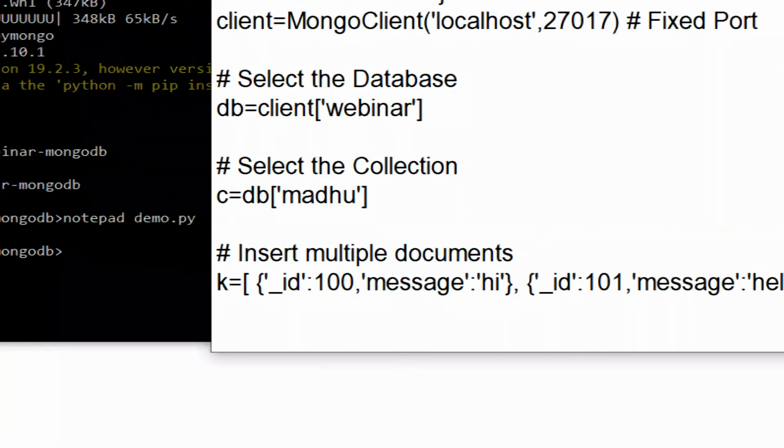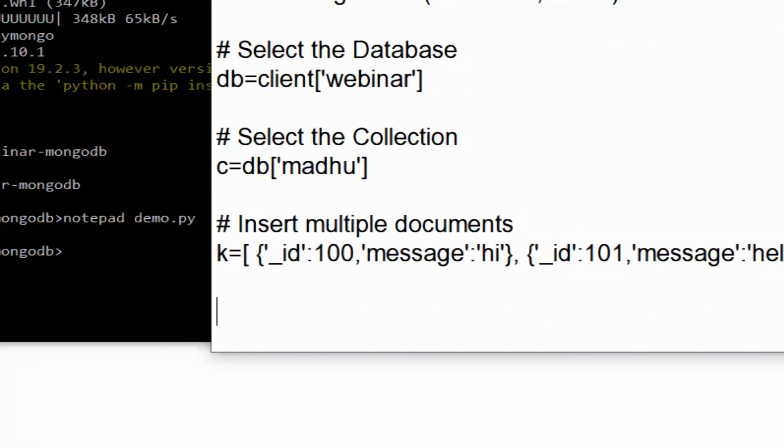Like this you can have 10-15 documents also, or you can have a dynamic document by asking the user to enter which data you want to enter. So inserting multiple documents, k equal to square bracket open. I took two documents here, which is a collection, a list of documents. So let's insert this data.